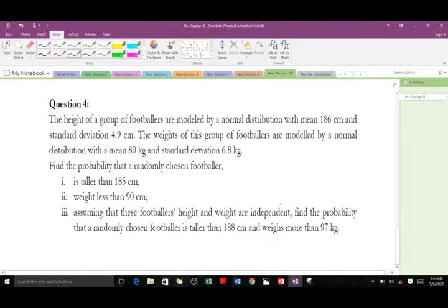So hello, welcome to today's lesson. Today we are going to talk about the normal distribution, and our main focus is to be able to